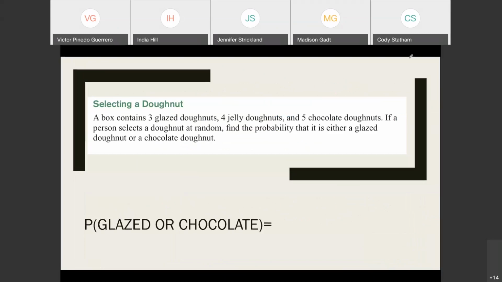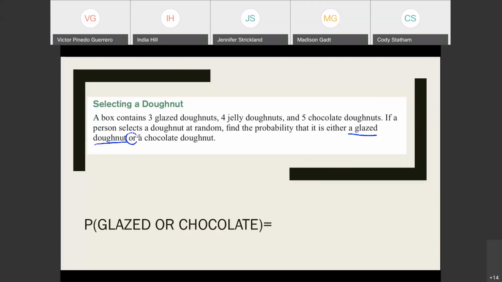Okay, so let's go ahead and see if we can get just maybe a couple of questions done with the probability now that we've got our formula. All right, so here's the first one. We're going to start easy. A box contains 3 glazed donuts, 4 jelly donuts, and 5 chocolate donuts. If a person selects a donut at random, find the probability, and I'm going to underline what's key here. Find the probability that it is a glazed donut